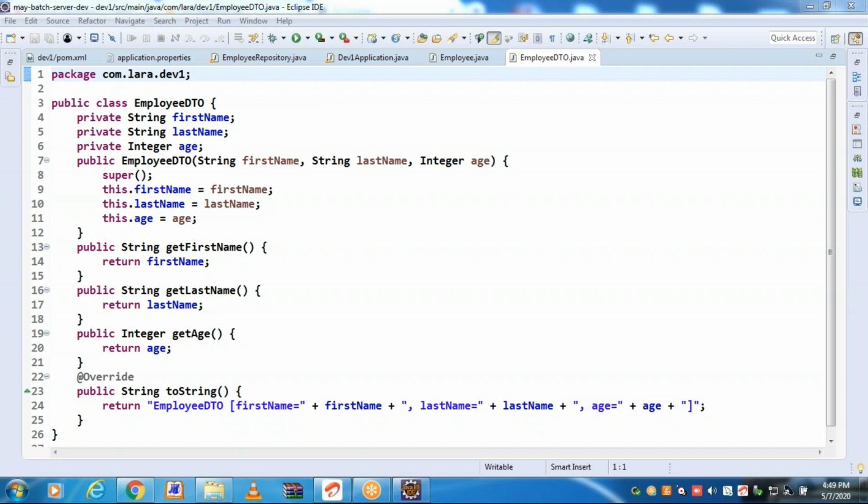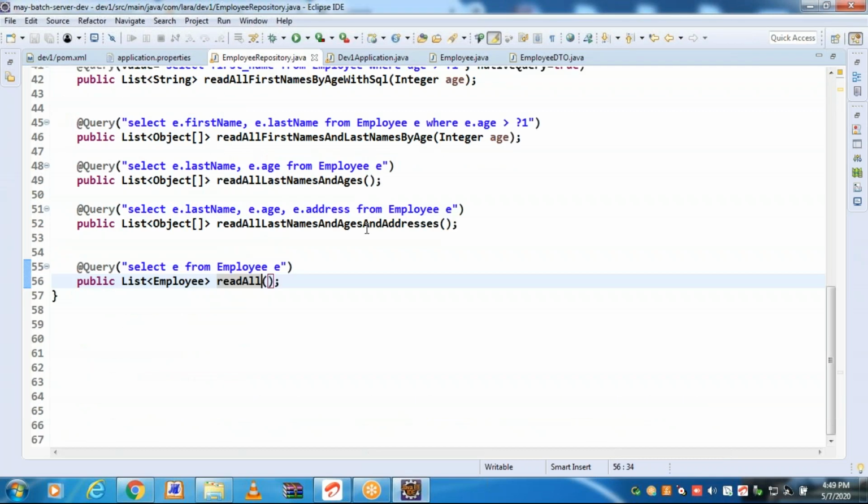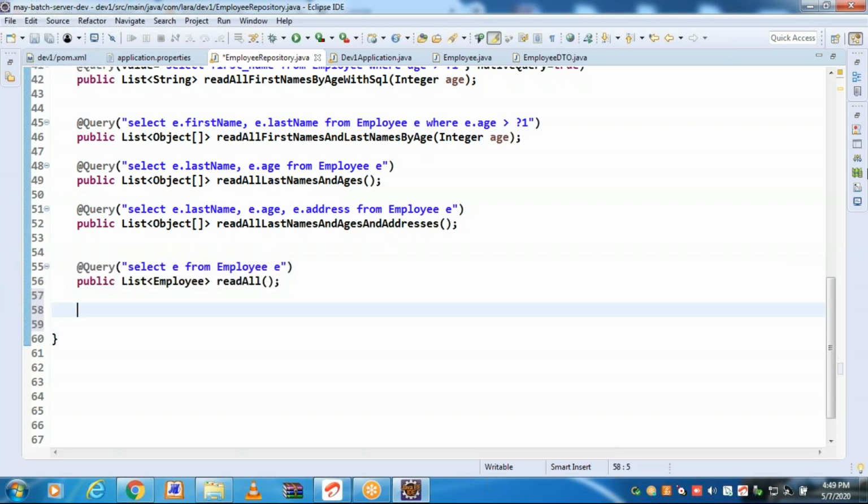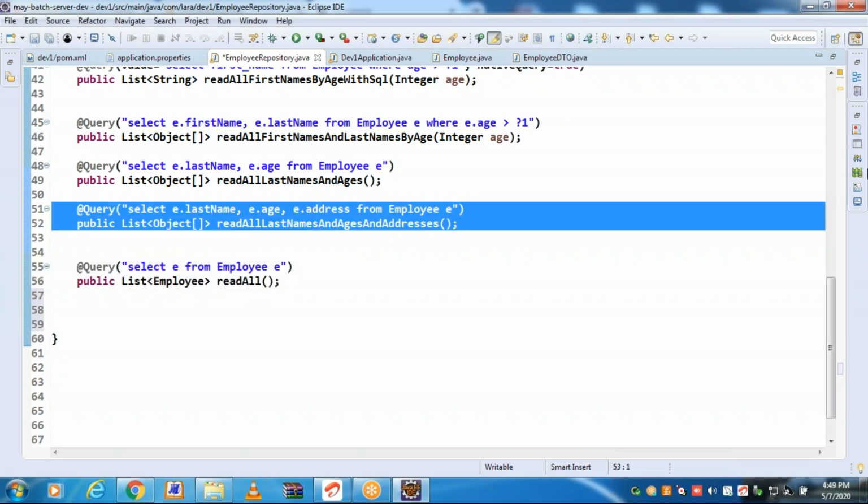Let us use employee DTO in place of object array. Go to the repository. I'm just copying one method.